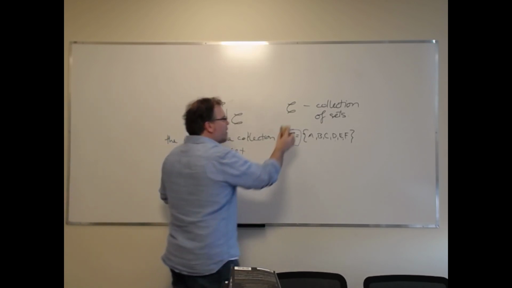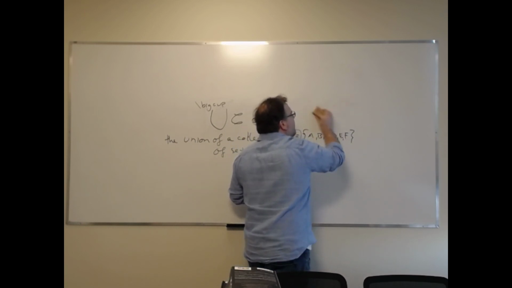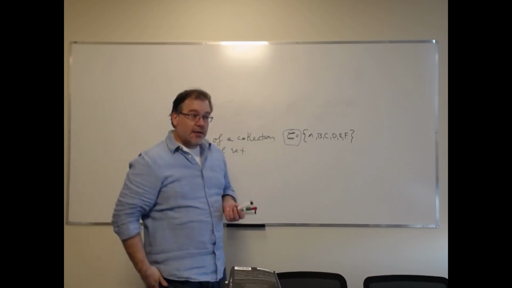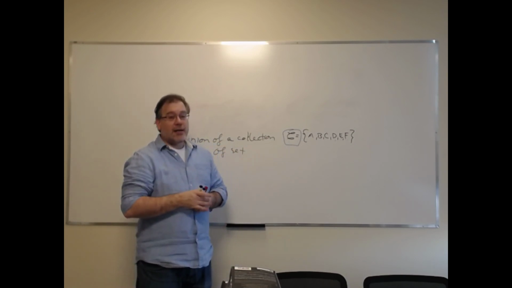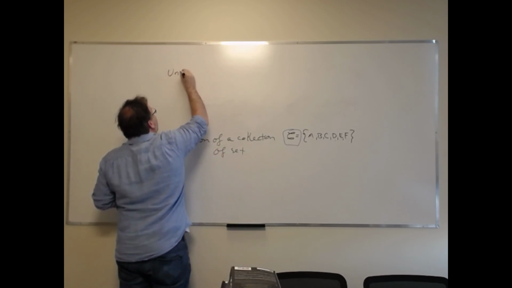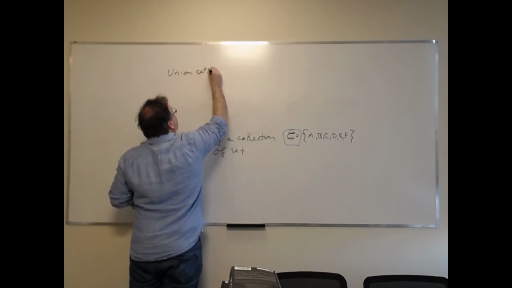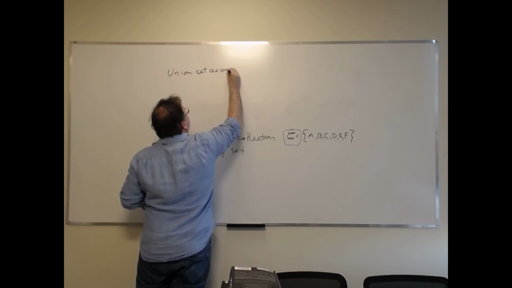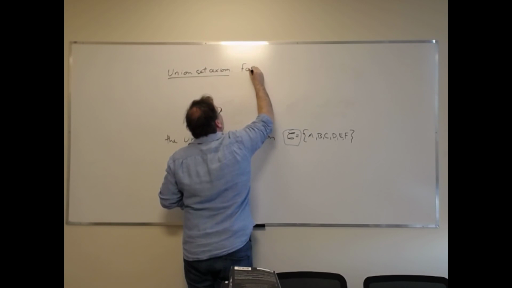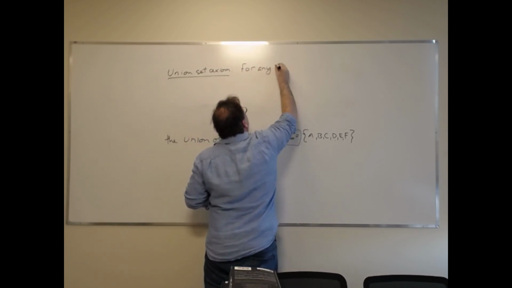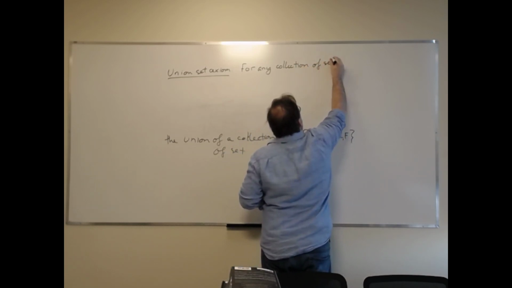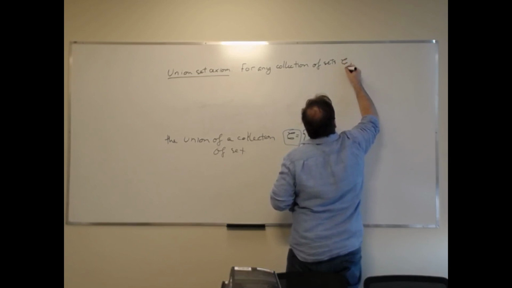But now at this point, we don't know yet that we can form arbitrary unions like that. No axiom tells us that it's valid. And so we need to introduce a new axiom that is going to enable us to do that. And this is called the union set axiom. And it says the following. For any collection of sets C,